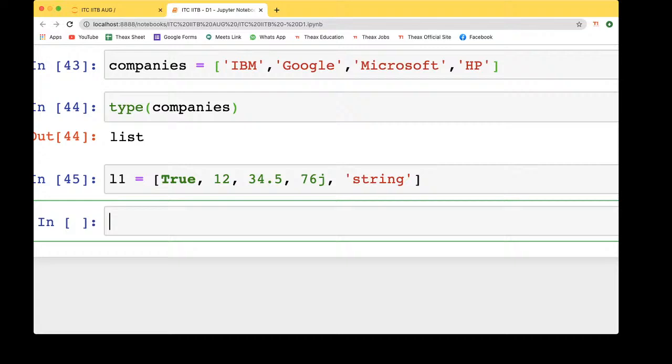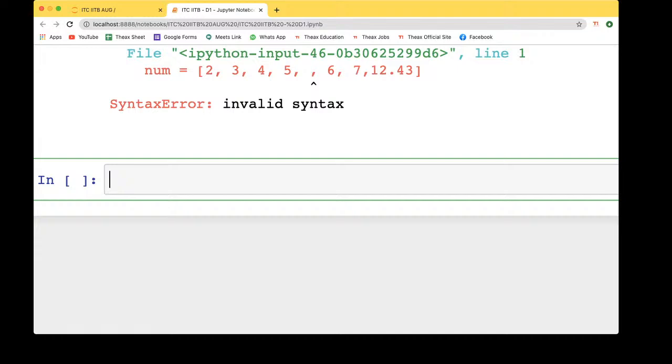Cool. So you will have this list. Let's just make it some numbers. You can even have some floats there, right? So you can make some numbers like this. We have got some errors there.